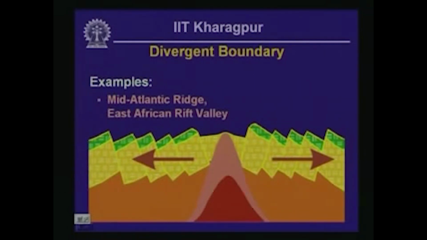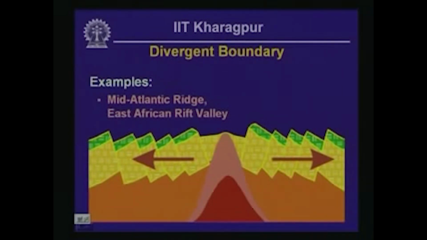And because of the ductility and because of the lack of thickness of brittle rock available in this area, basically what we typically see is that near spreading centers, whatever earthquakes take place are of relatively much smaller strength than the earthquakes that occur near convergent boundaries. Now, these are the features really